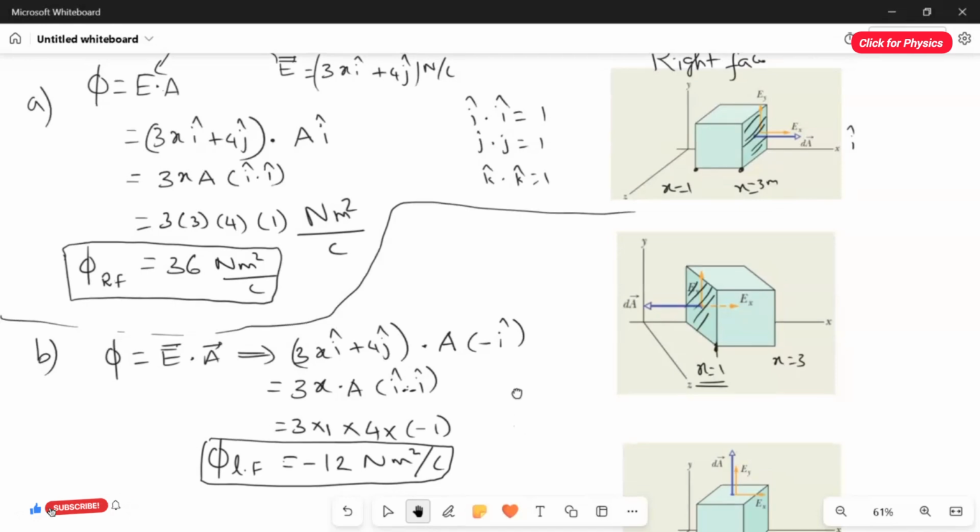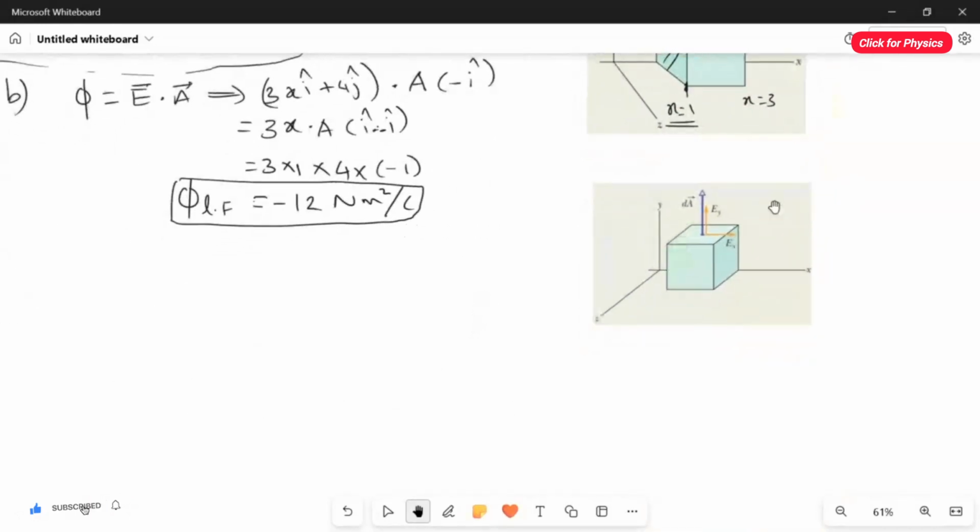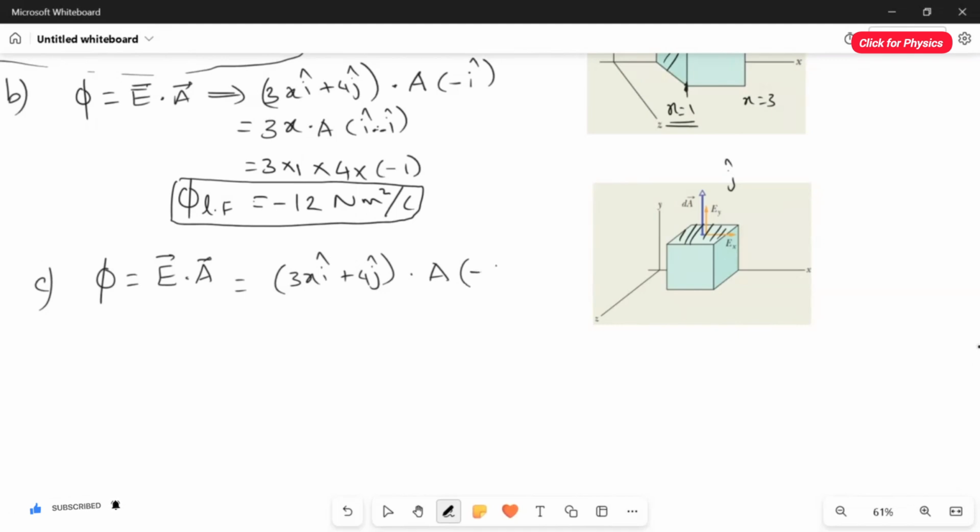Clear? Now we have to come to the top face. So we have to consider this diagram. Now we have to see which direction our area vector points towards. So you have to see the axes, x-axis, y-axis, z-axis. Here the area vector is pointing towards the y-axis, so that means the positive direction of J cap, right? Now again I'm going to use the same rule: flux equals E dot A vector, and the E vector is 3x I cap plus 4 J cap, which is given in the question. And here the area vector points towards the positive direction of the y-axis, which is plus